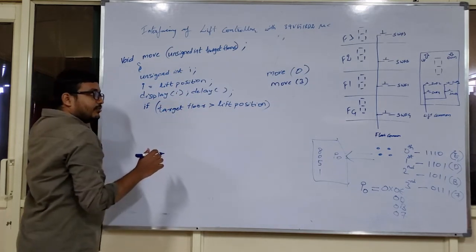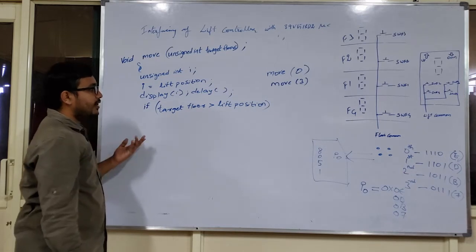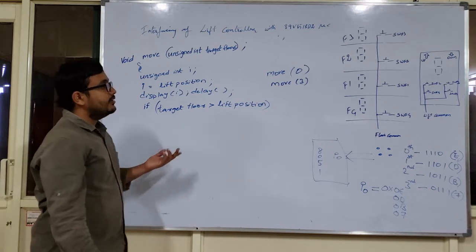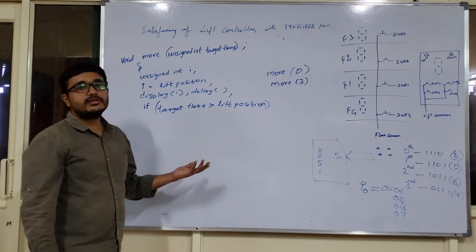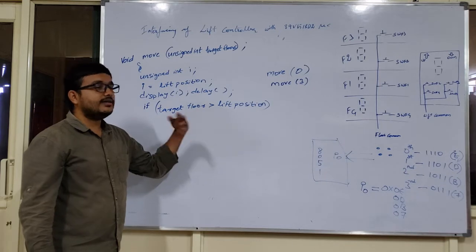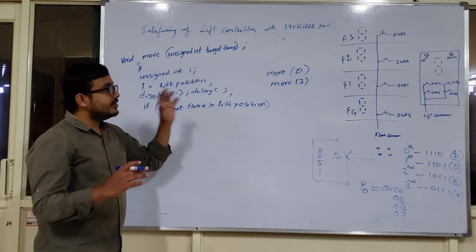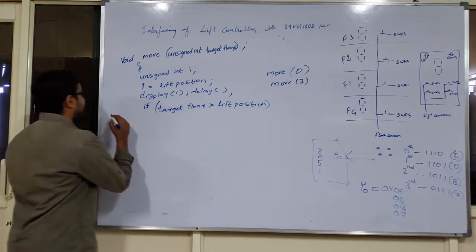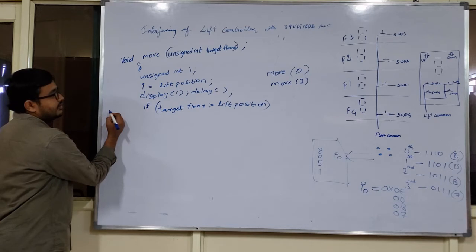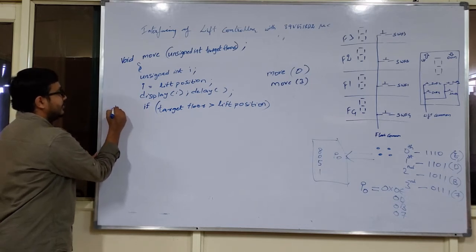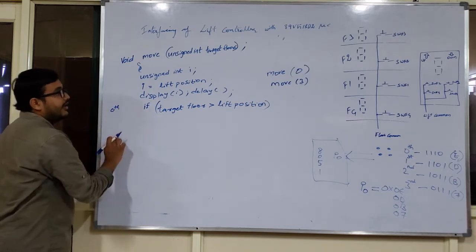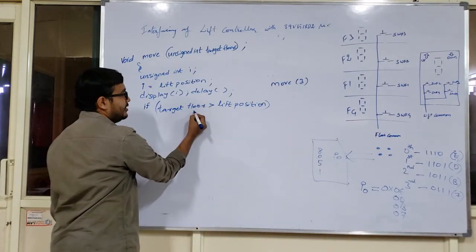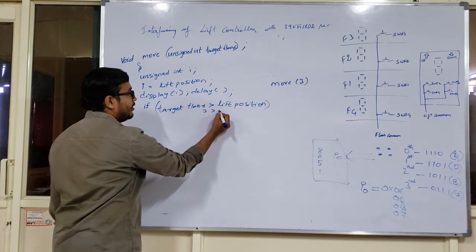Okay, let us assume, because for my lift position I have taken a default value as 0x00, but I am not saying that the lift position may only be there. It may also be present in the 08th floor, first floor, second floor and third floor also. I am not saying that it is present in between the floors only. Let us assume my lift position is in 08th floor, and the target floor is move of 3.